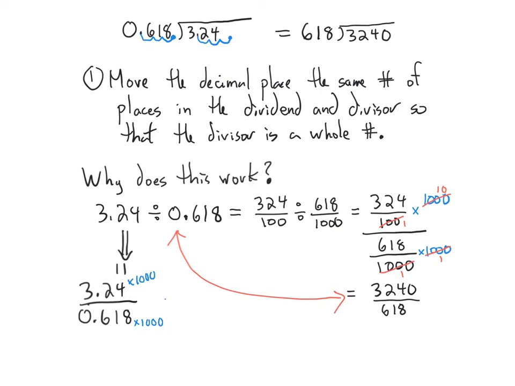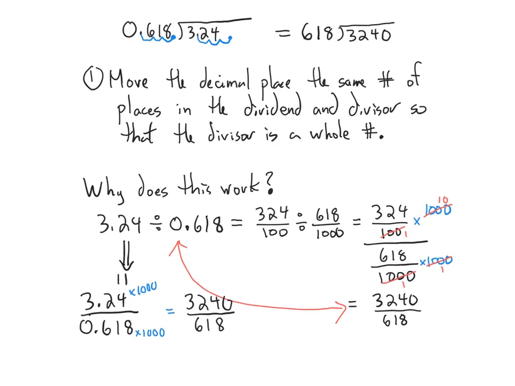So 3.24 times 1,000, we move the decimal place over 3 places, and we get, of course, 3,240. And 0.618, we need to move the decimal place over 3 places, so we get 618. So it's the same thing. So when we do long division with decimals and we move the decimal place over,